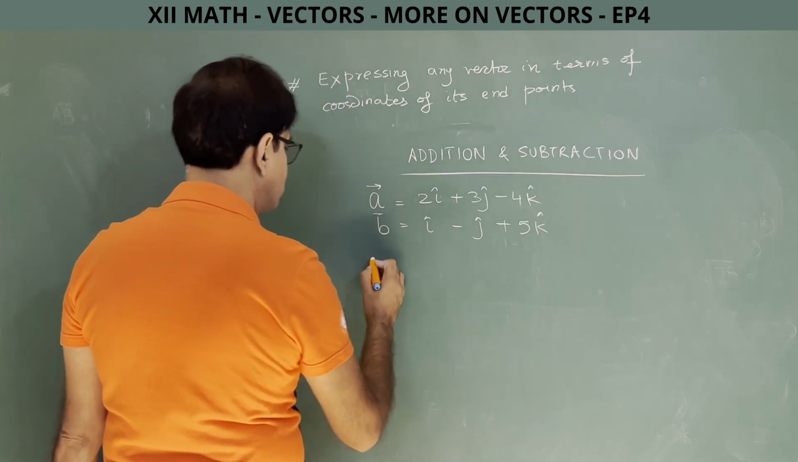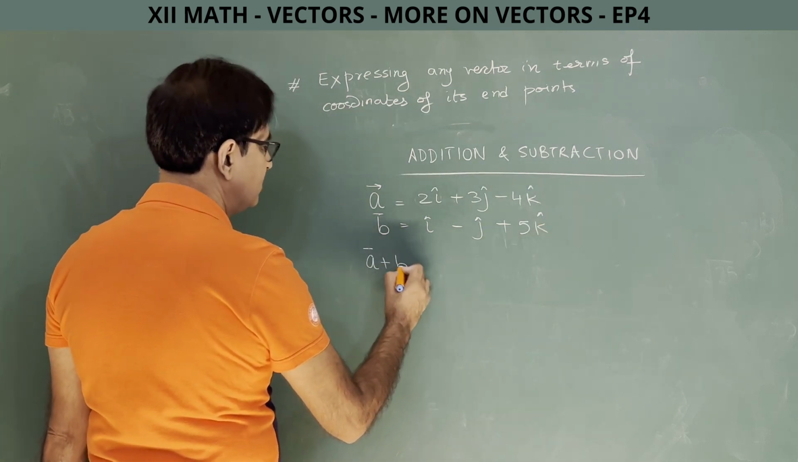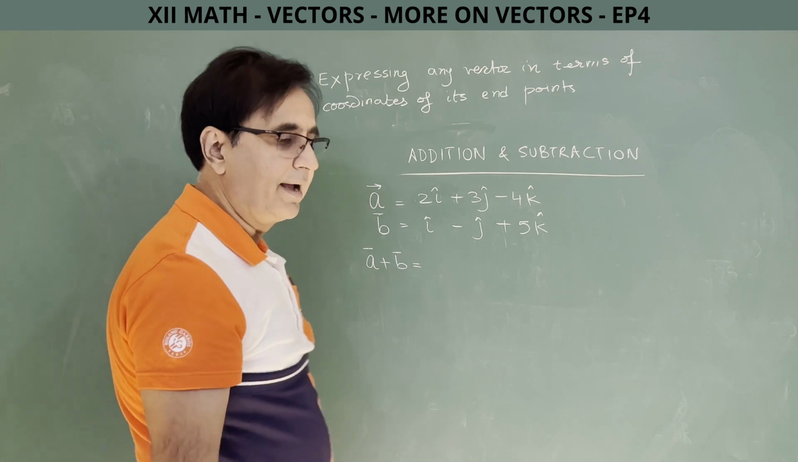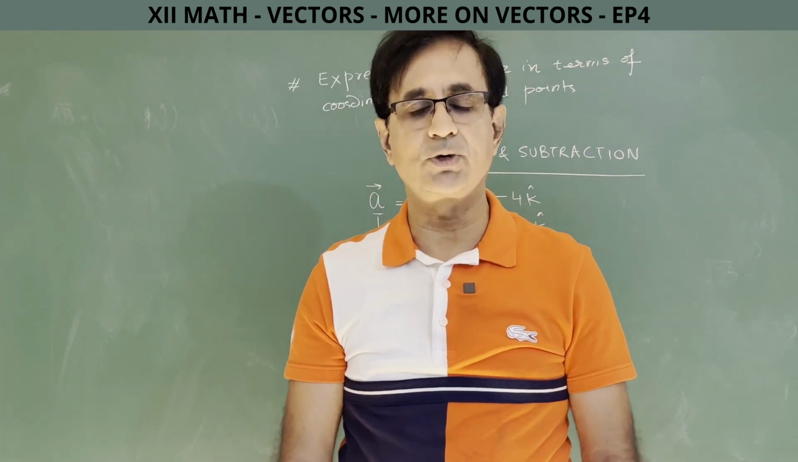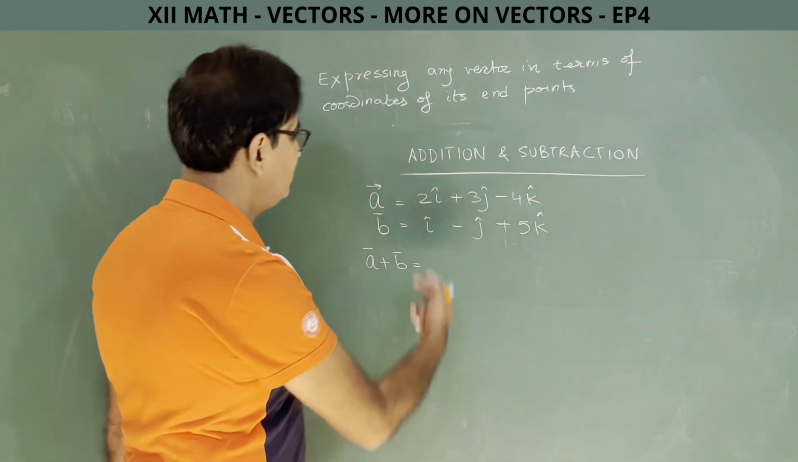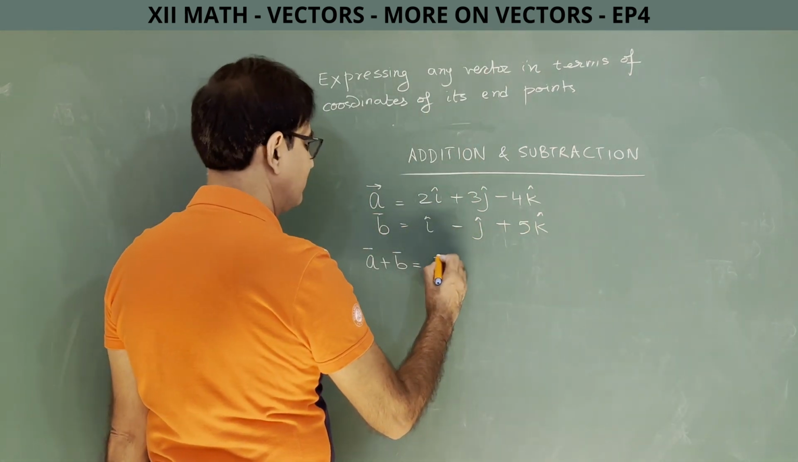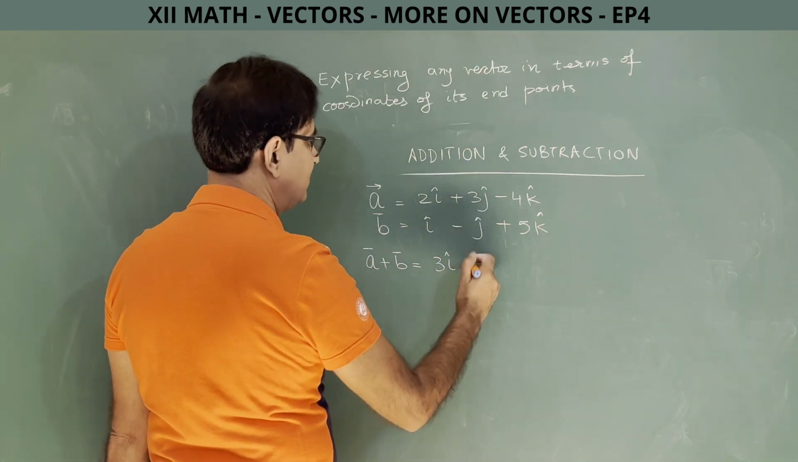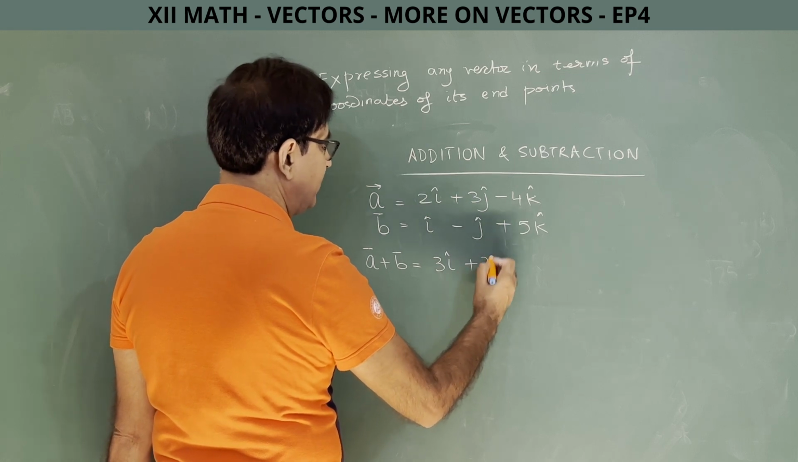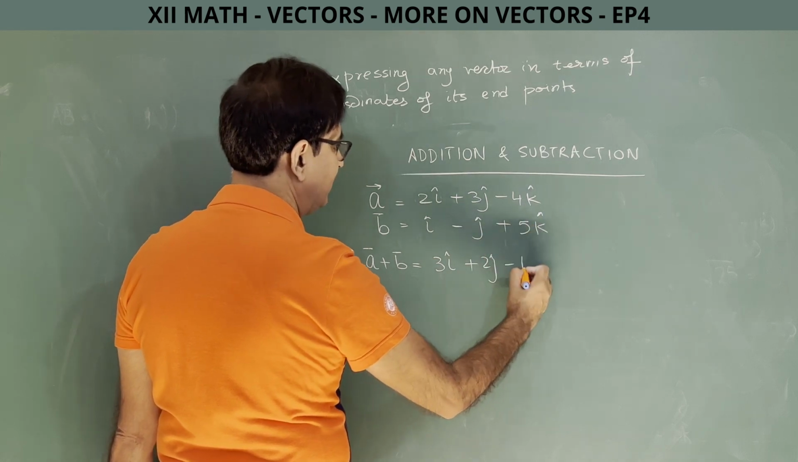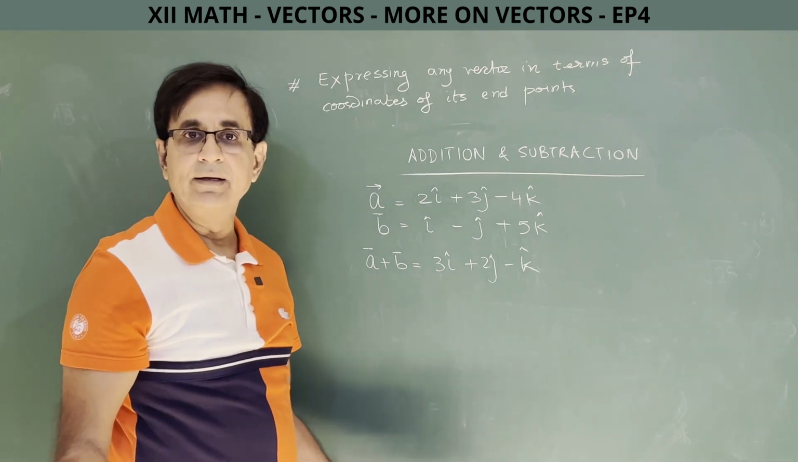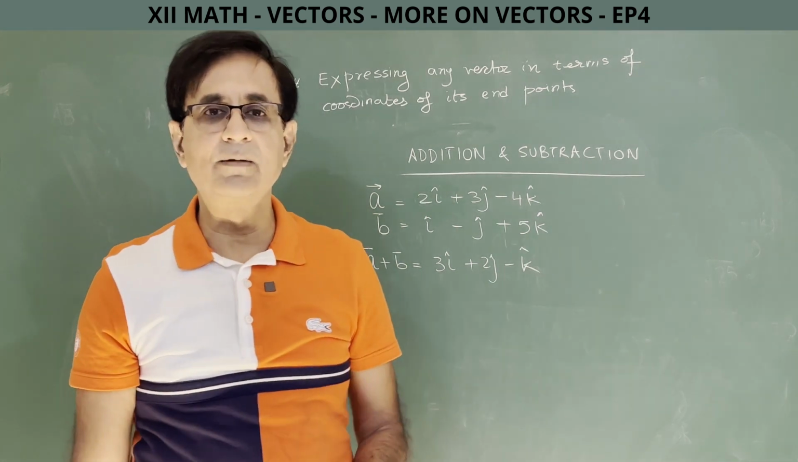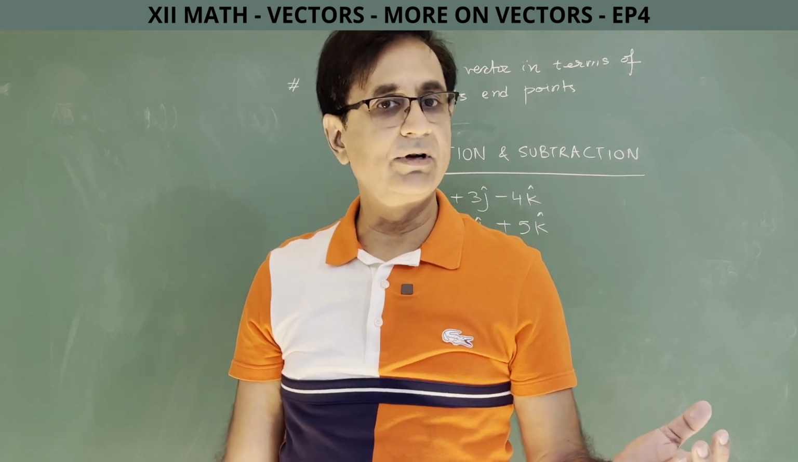Now if I ask you what is A plus B, I don't need any triangle of addition. I don't need any parallelogram law of addition. It comes naturally, very obviously. So I am sure everybody will say 2i plus i, 3i, plus 3j minus j, plus 2j, and minus 4k plus 5k, minus k. Oh my God, it was so simple, so quick when the vectors are expressed in terms of i, j and k,